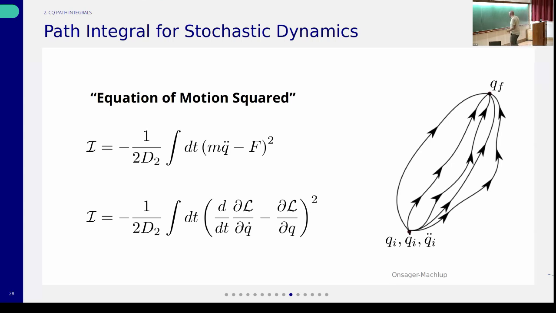Yeah, you could. I mean, I can also do it like p dot minus f squared. So I could do a path integral that looks like this. That's right. So this actually has a different name. It's like Schwinger-Keldysh and Feynman-Vernon. In the field theory case, this is like the Martin-Siggia-Rose formalism. But for some reason, there's a different name. So you can do it in either the phase space formalism or